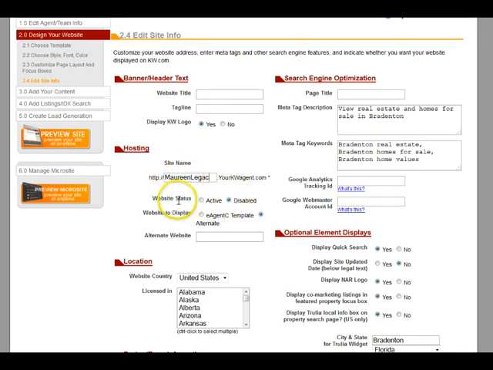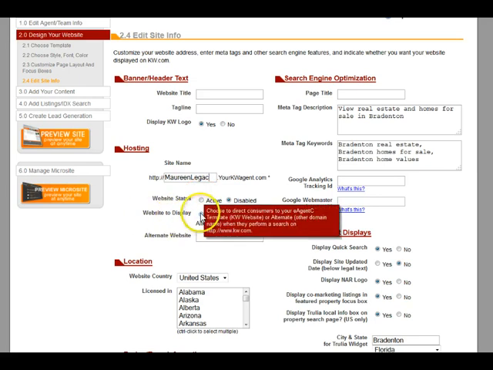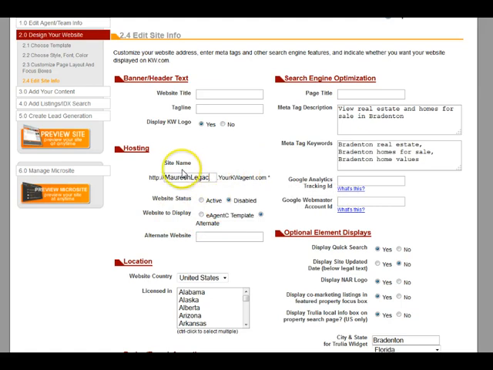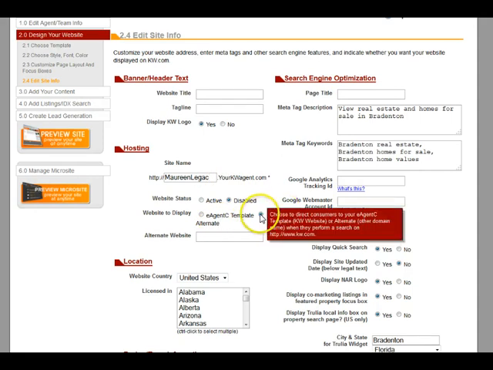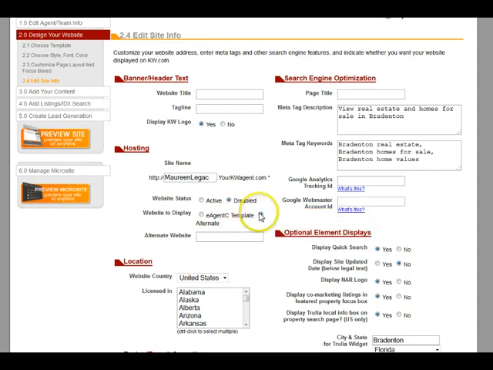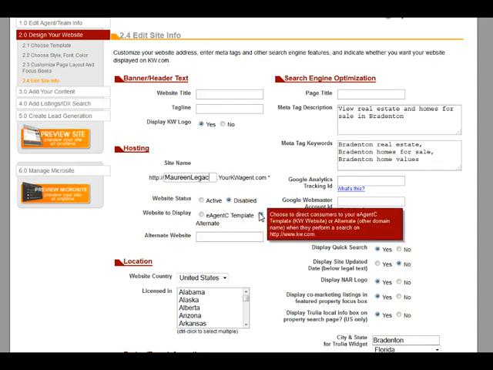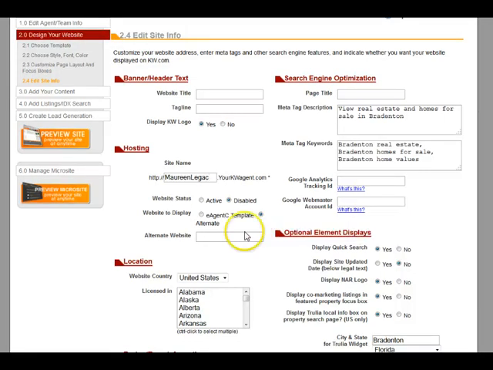Then you want to make sure your website is active. I'm not going to make this one active because this is the demo account, but you want to make sure the website is active. And then it asks you, what website do you want to display? Do you want to display your e-agency website, which is here, and that'll display your KW? Or do you want to display an alternate website, and then that's there? And on the alternate website, when you roll over it, it'll say that you can type in an alternate site,